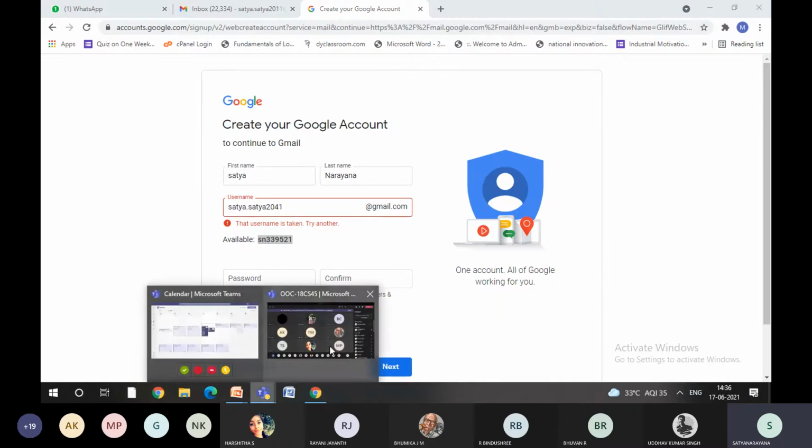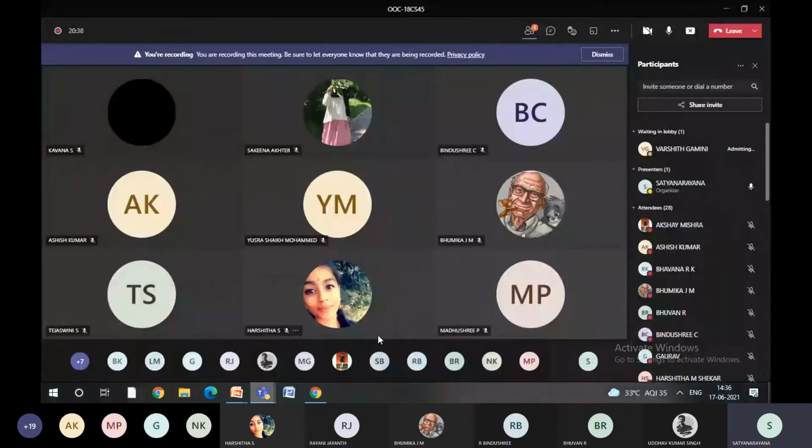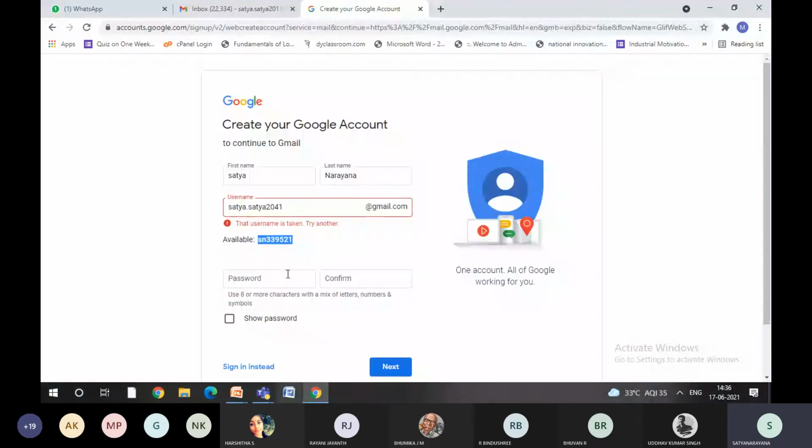So this is how exceptions will be handled. This is a real-time example of how an exception will be handled. What is the exception here? The user is trying to create an account with an existing email ID which is used by someone else. So the try block will execute 2 times. Then it will throw the exception to the catch block. The catch block is going to suggest some usernames for us.